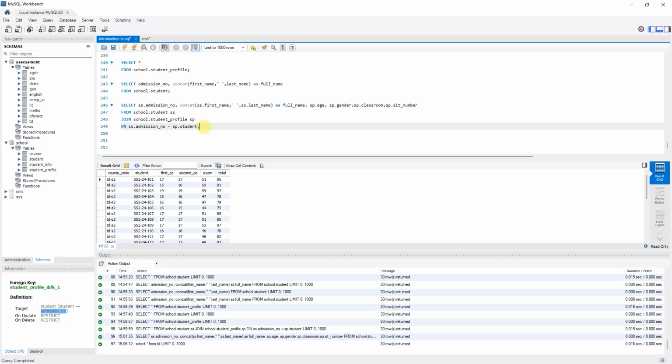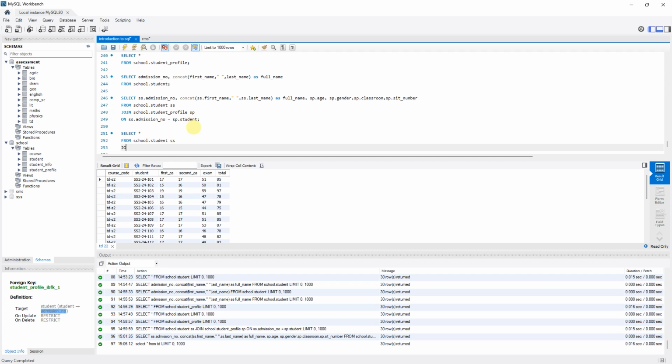Now we want to do a combination between these two tables in different databases. We are going to do the same thing here. So we'll say select everything from, we'll start with our school dot student as ss. We'll give it an alias. We'll now say join. Because our assessment database is active, you don't necessarily need to say assessment dot. You can say join agric table as ag